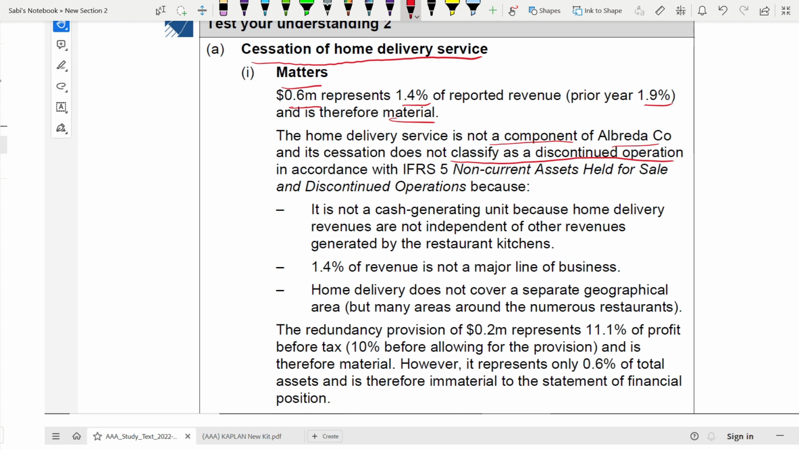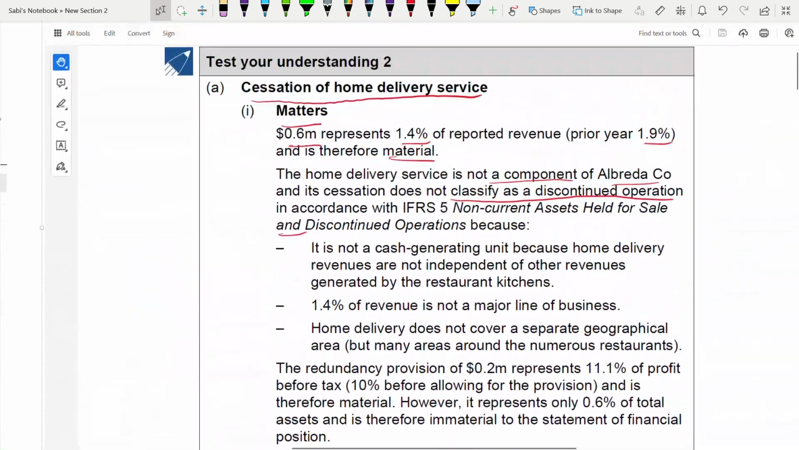See, IFRS 5 deals with two things. Understand this. One is non-current assets held for sale and the other is discontinued operations. Two things. It's not one. Okay. Why can it not be classified as a discontinued operation? You have to give reasons. Okay. The reason is